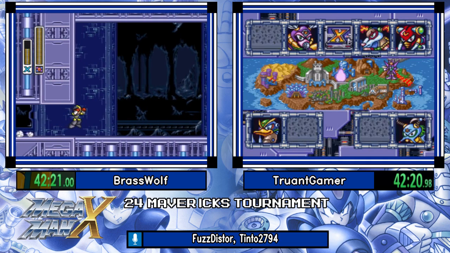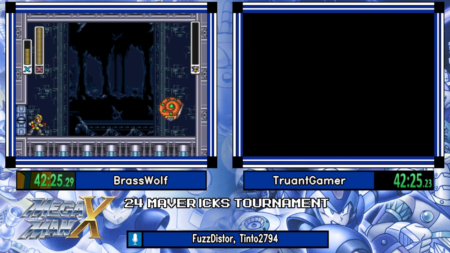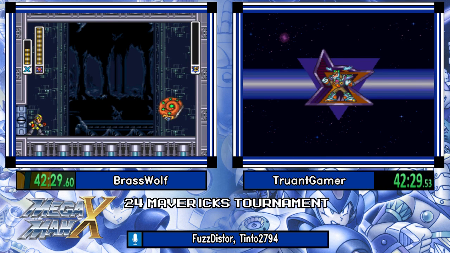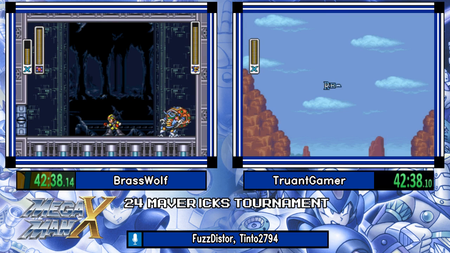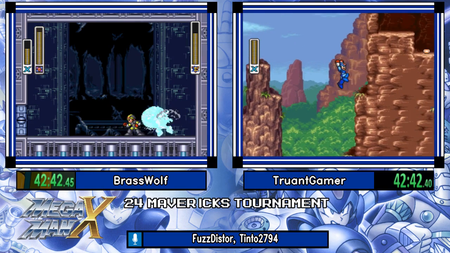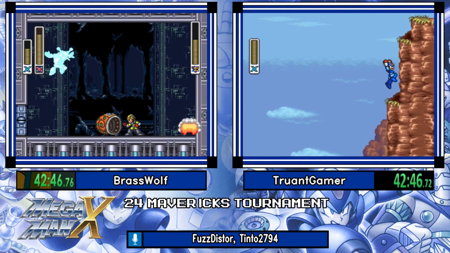And that skip is really easy to do. And if you don't do the skip, you just have to face him with the wheel weapon. Just place the wheel inside of his hitbox and that's it. It's really not that bad. Slow, so